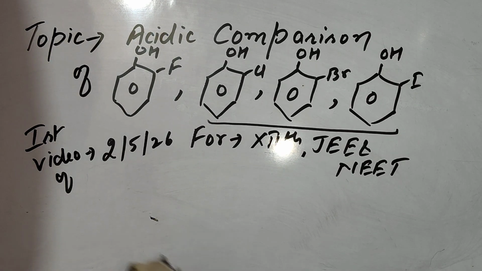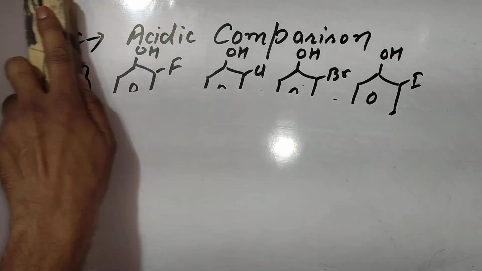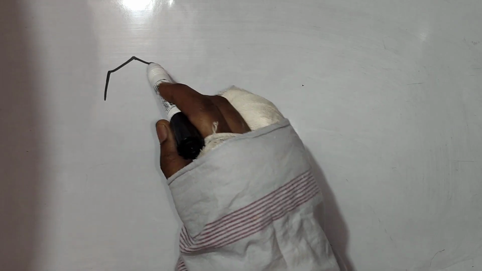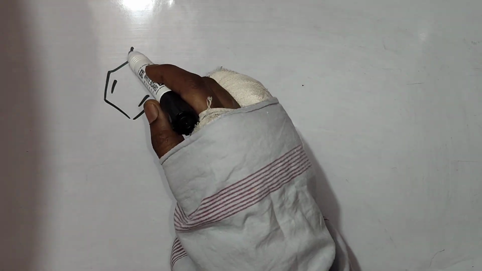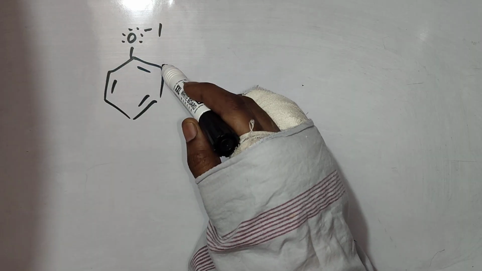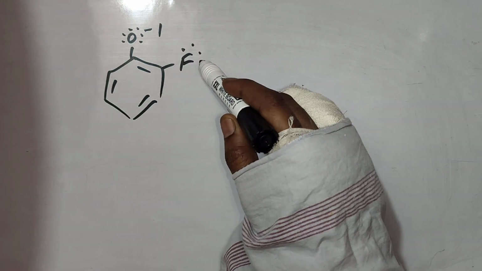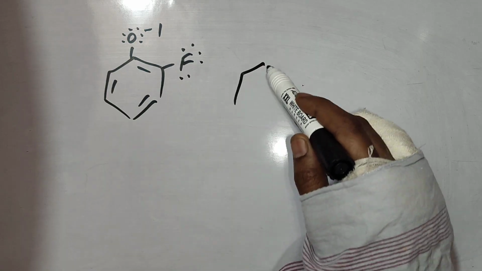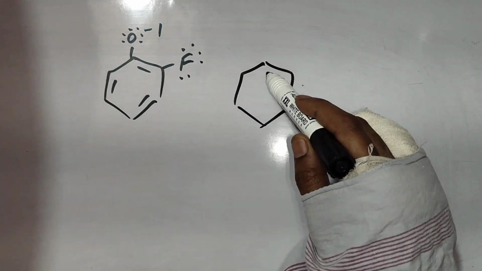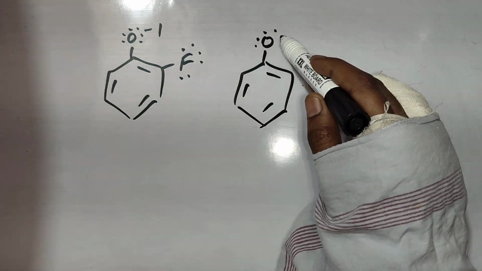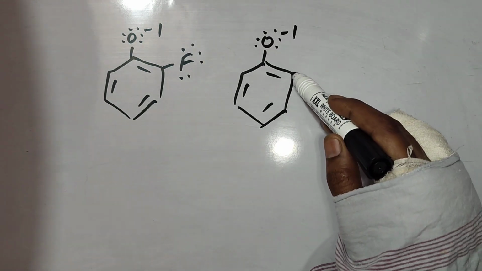Let's start the comparison. The same technique I am going to apply. I will make their anions after loss of H positive and I will compare their stabilities. This will be the anion produced from orthofluorophenol after loss of H positive. This will be the anion which is generated after loss of H positive